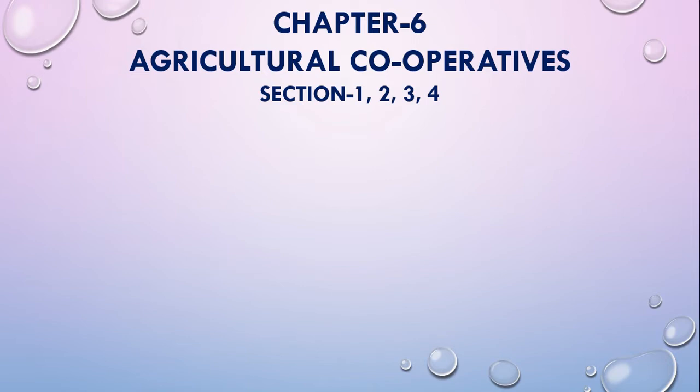Chapter 6, and this chapter name is Agricultural Cooperatives, and in this chapter there will be 4 sections: 1, 2, 3, 4. Today I will discuss these 4 sections together because these sections are very small and interrelated. So that will be very easy topics as well. That is why I will explain these sections together, and you can find them in your textbook, page number 227 to page number